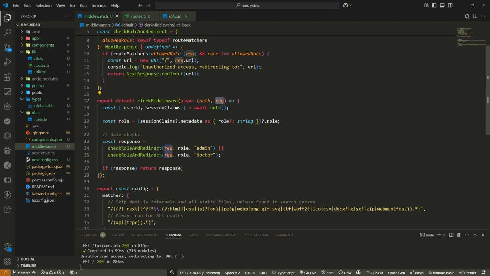Now we get the user ID and the session claim from the auth, right? And we get the role from the session claims using the metadata, as a string. So we get the role. Now once we get the role, we create a function called response and call check